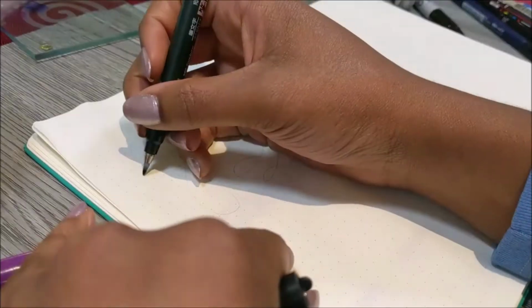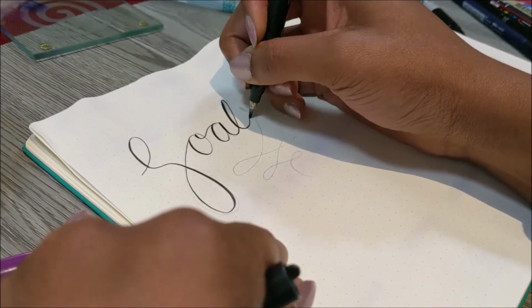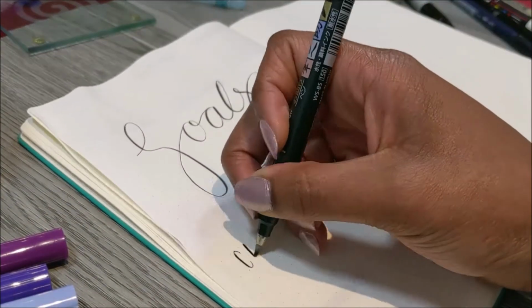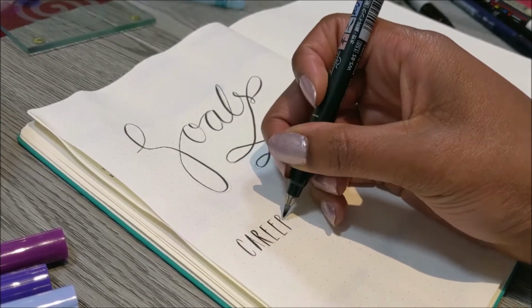So the next section that I'm working on is the goals section. So these are just goals that I'm going to try to focus on for the year rather than resolutions per se. The pen that I just used is the Tombow Calligraphy pen, the soft tip, which is not super soft,